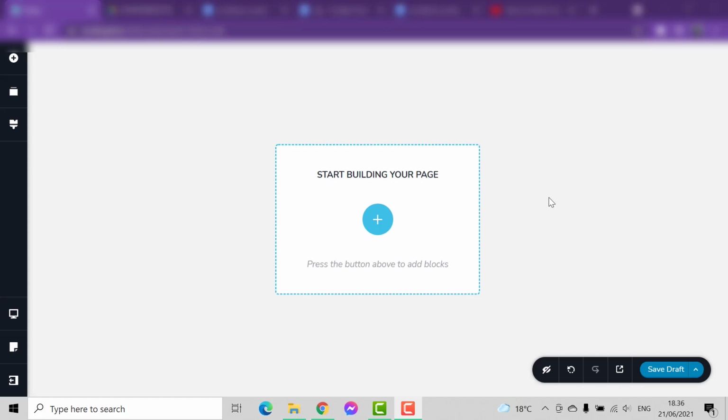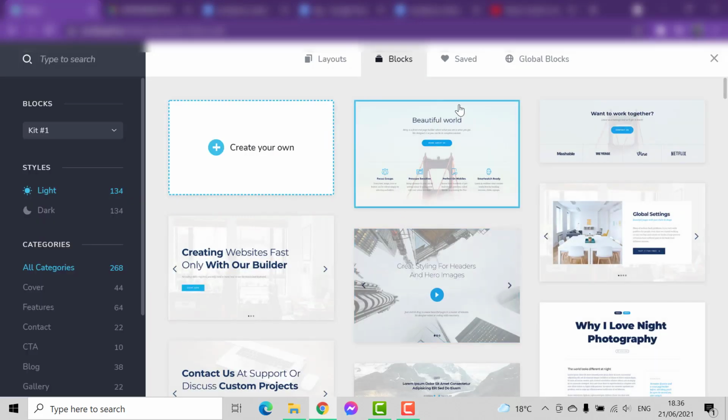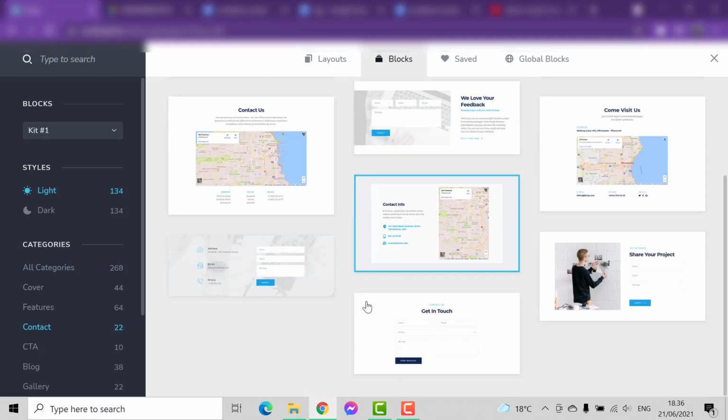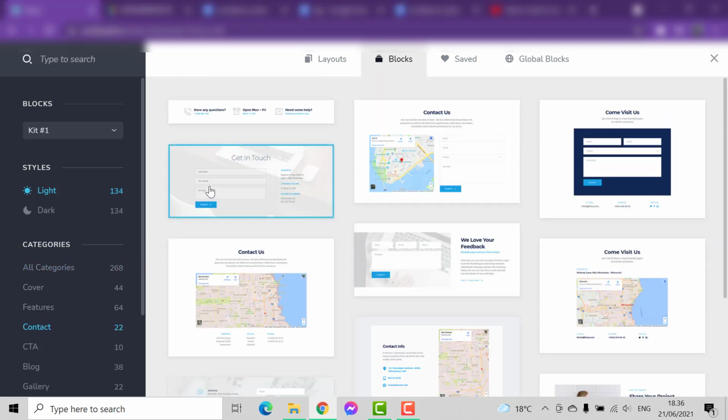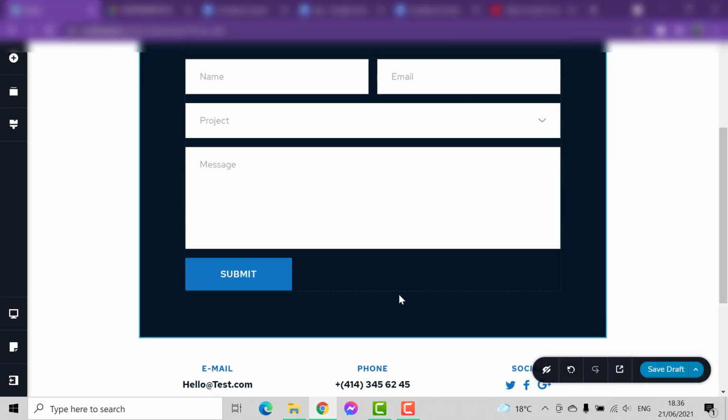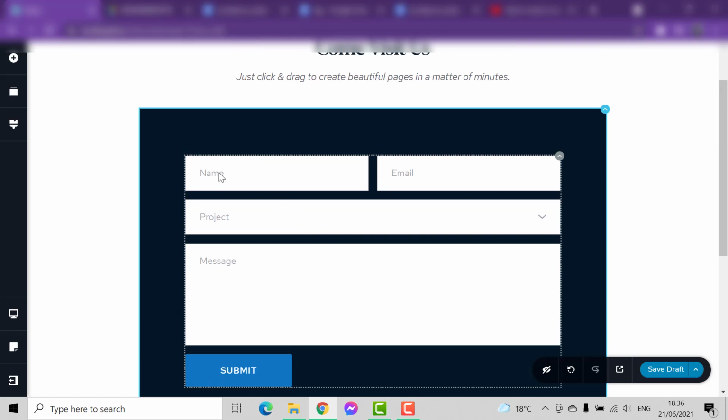In this tutorial, I am going to show you how you can create a contact form. Go here and from the blocks on the left side, you can see contacts. Just take any contact form. So we start with this contact form. And here you can see that it has already